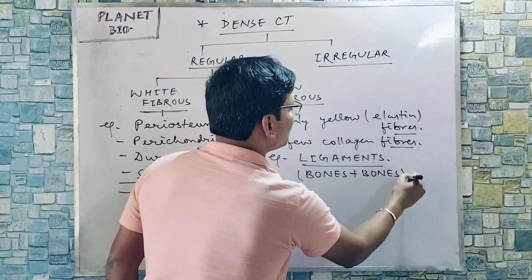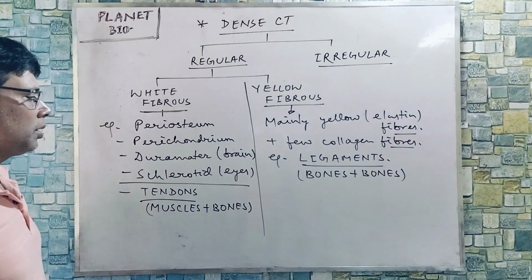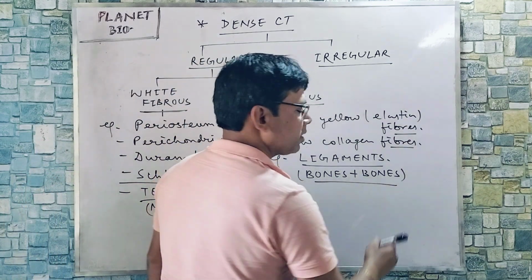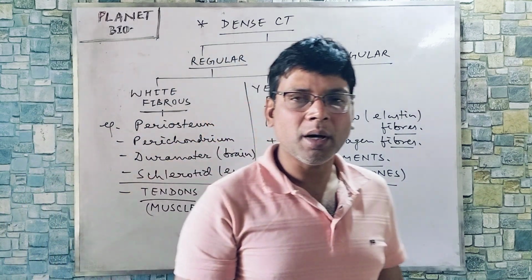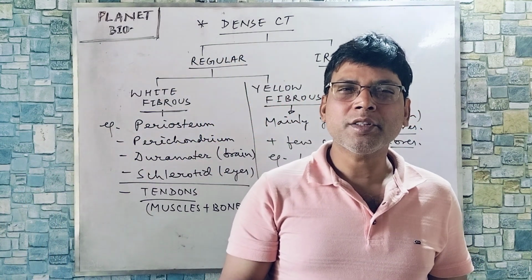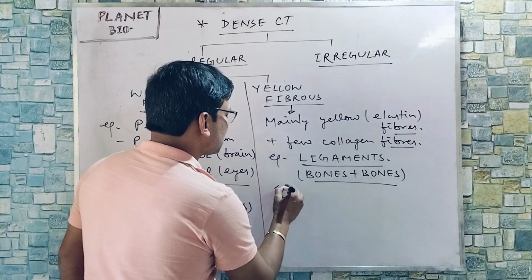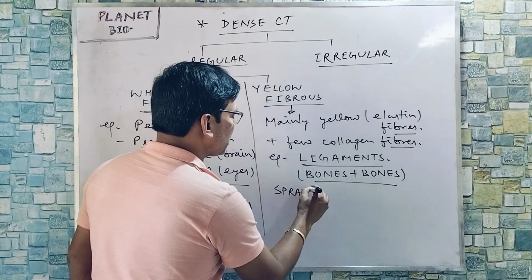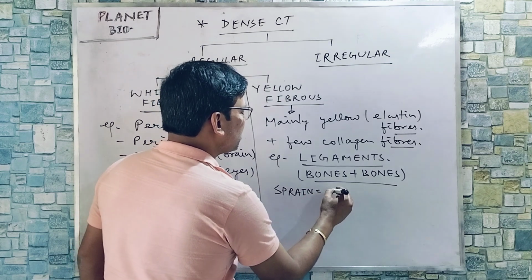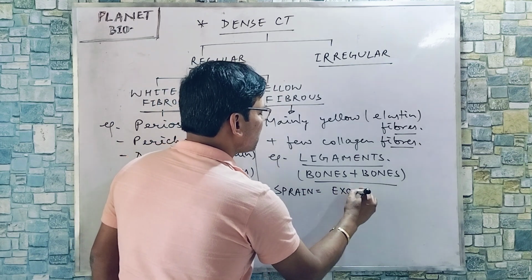Bones to bones. Ligaments connect bones to bones. And when there is overstretching of ligaments, what happens? A sprain is caused. That is the excessive pulling of ligaments. So, a sprain, this question is widely asked in NEET. A sprain is caused due to excessive